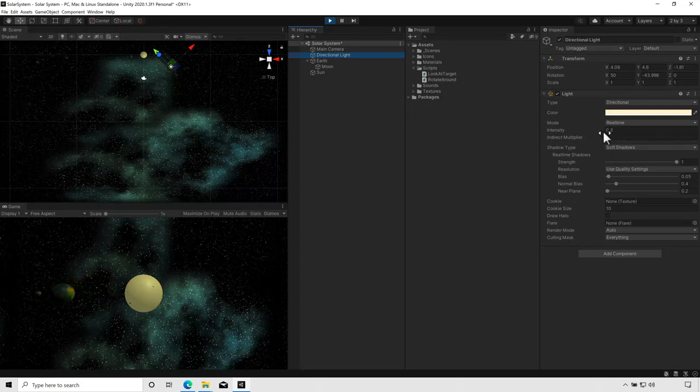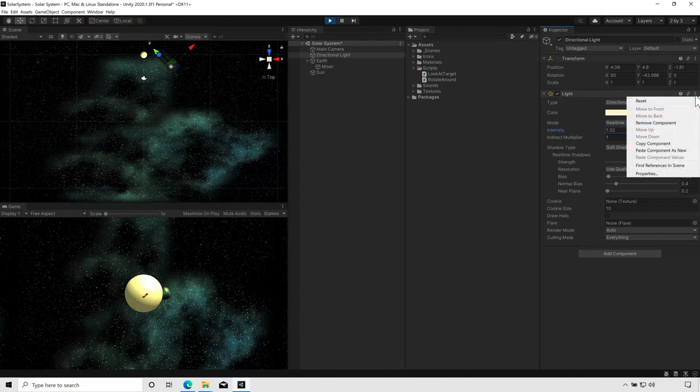I can turn up the intensity, for example, to make it a little more intense or less intense. And once again, as I'm playing with these, it's not going to stick when I stop, so I would either have to copy that out. Kind of a little shortcut here is you can take the component, click the three dots,